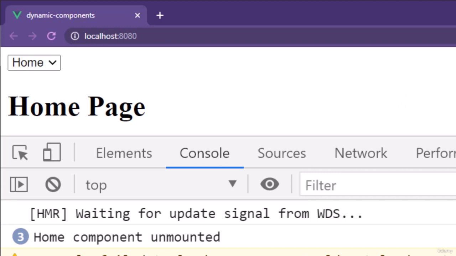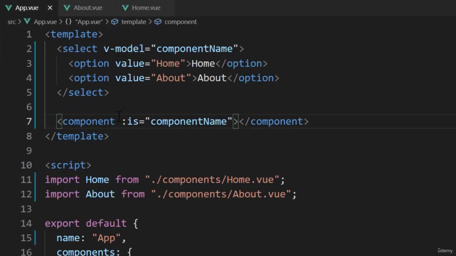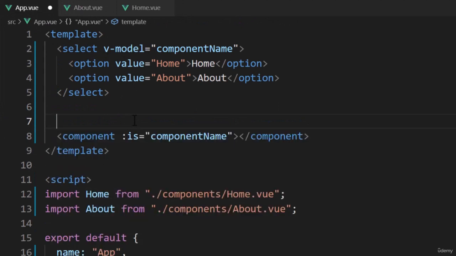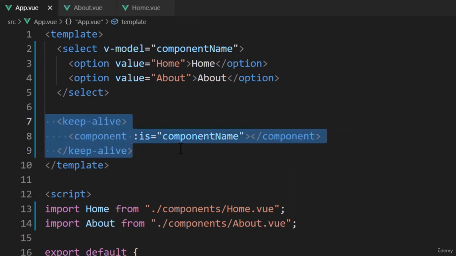Vue provides the option of allowing persisted data. Back inside the app component, we're going to wrap the component with a component called keepAlive. This component does one simple thing. It keeps the component that's inside of it alive. Even if it shouldn't appear in the DOM, this will make sure the component lives in memory. If the component needs to be added onto the page again, Vue will use the one in memory rather than